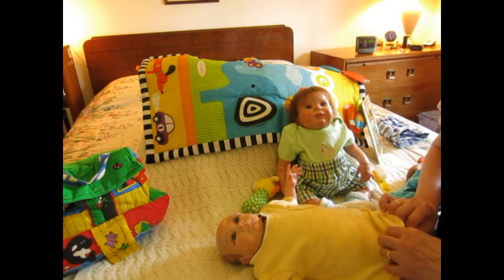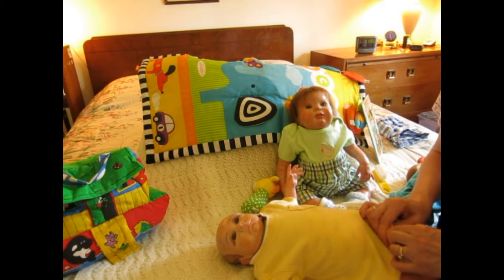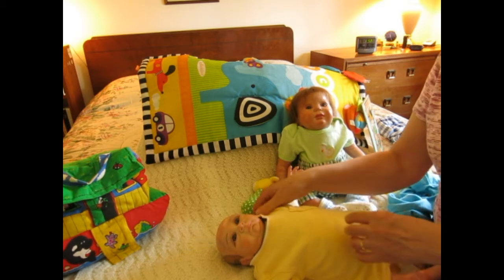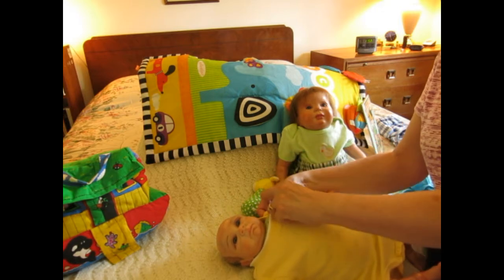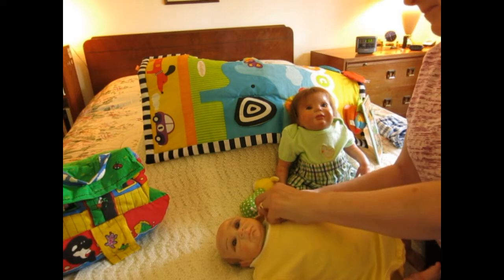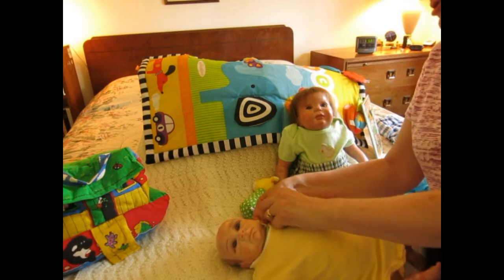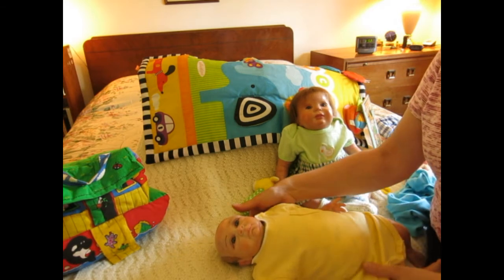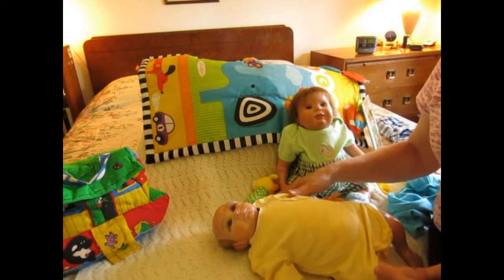and I commend a lot of CNAs who have to do this every day, taking care of older seniors, and it takes a lot of patience and a lot of work, and a lot of them are not paid very much. In fact, I think they should be paid more, but anyway,